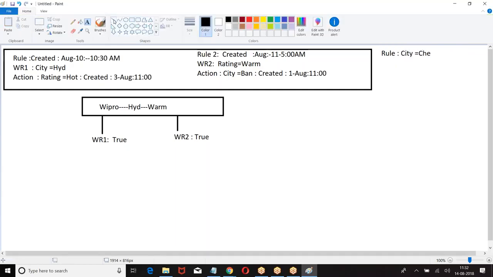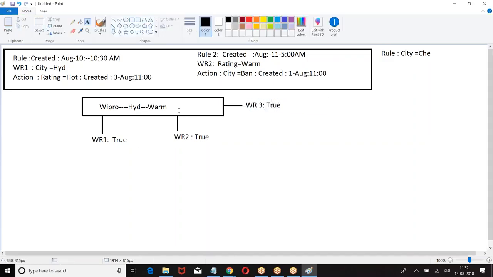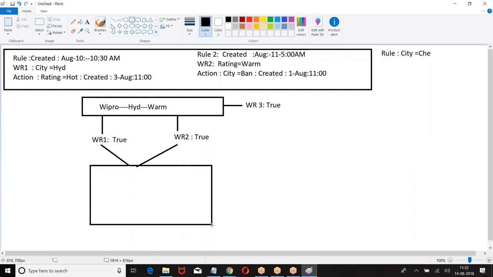Then verify rule number 3: city equal to Chennai. So I verified all the rules. After verifying all the rules, whichever rules are true, collect their actions.